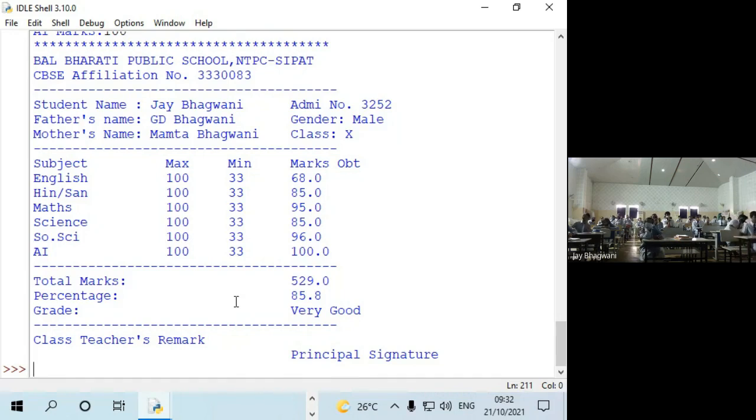Is it okay? Then percentage is also calculated, and then grade is also showing that it is a very good grade. Only we need the class teacher remark, and then after that the principal signature in image format. So this is the report card that we will take a print out of. This is called the report card generator program.